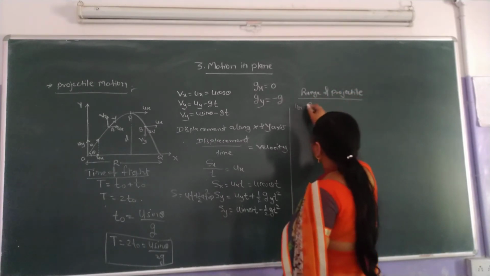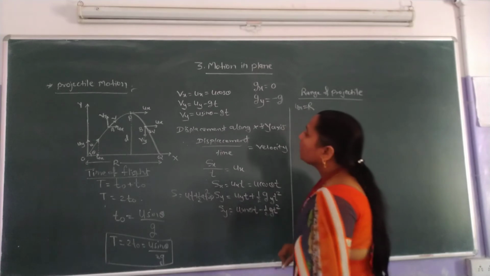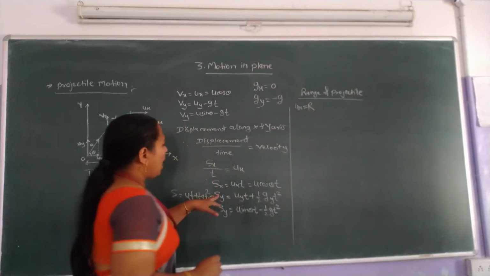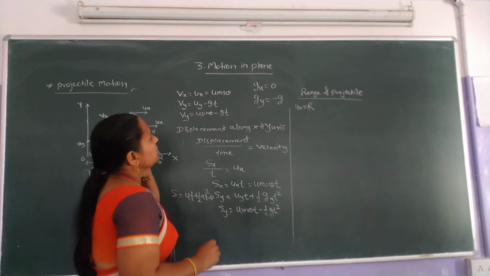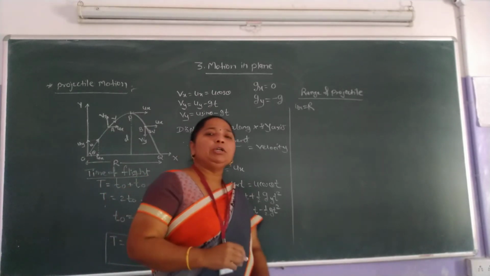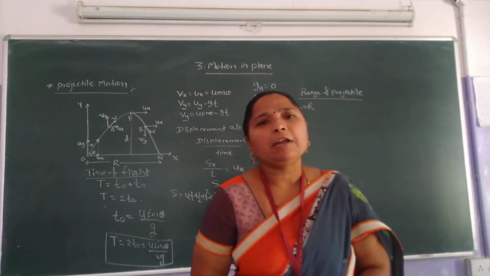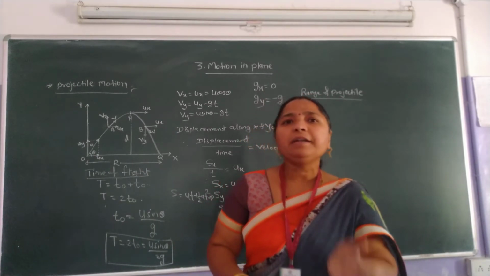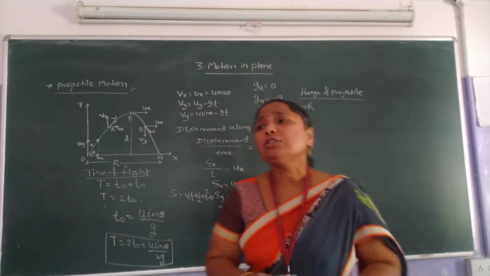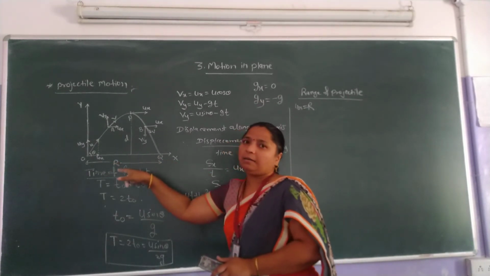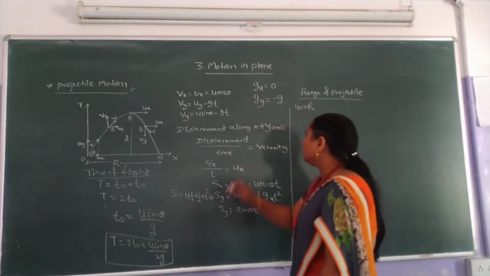Range of projectile. Ux is equal to R. Then R is equal to that distance, Ux into capital T, where capital T is the total time required to cover the entire trajectory, when it reaches the point Q where the horizontal distance is R. Therefore, capital T is equal